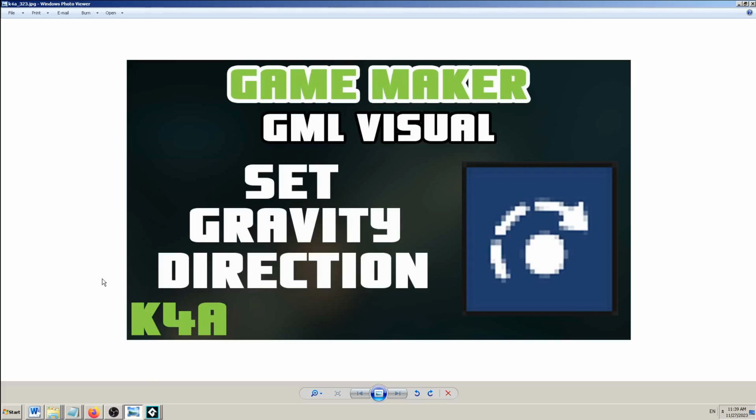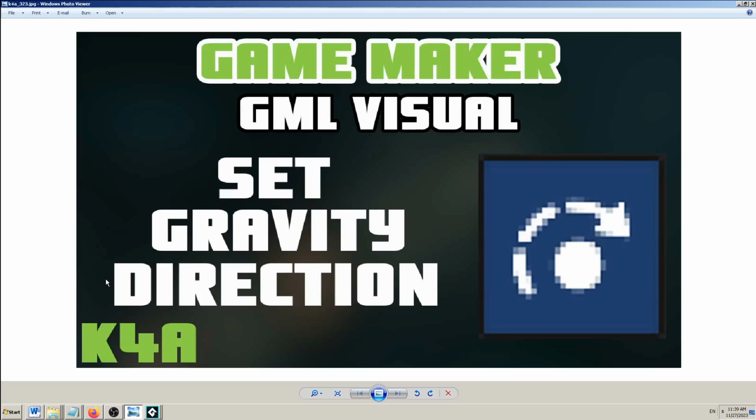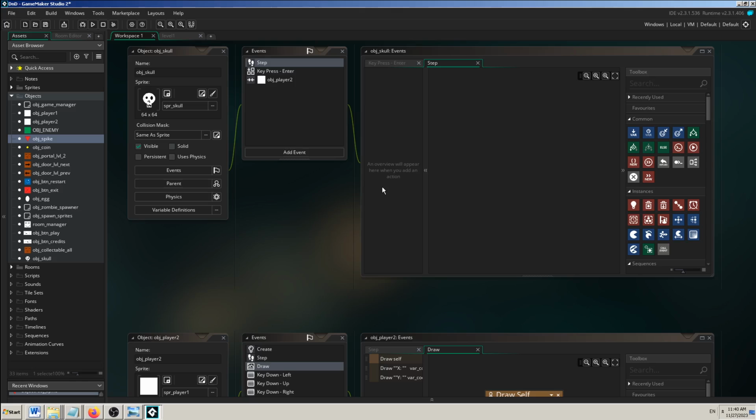We are continuing with GameMaker GML Visual Drag and Drop Blocks tutorials, and in this video today we are going to learn how and when you can use a block which is called Set Gravity Direction. This block is connected to the Set Gravity block which we have explained earlier, so let's try to show that in a